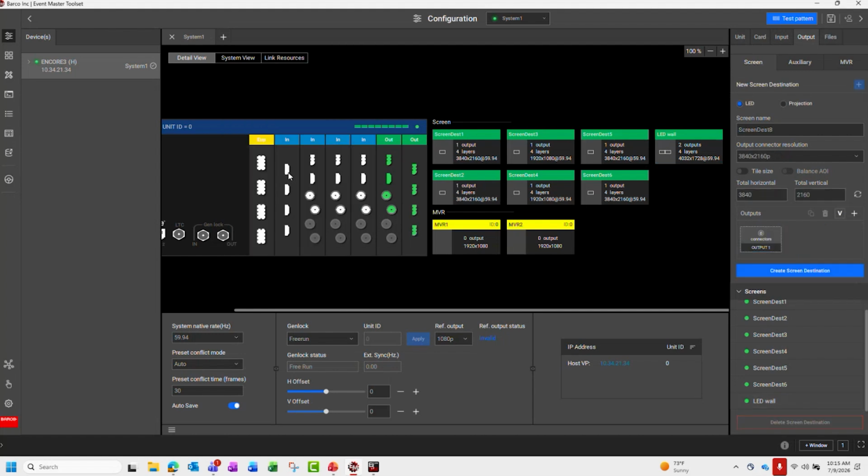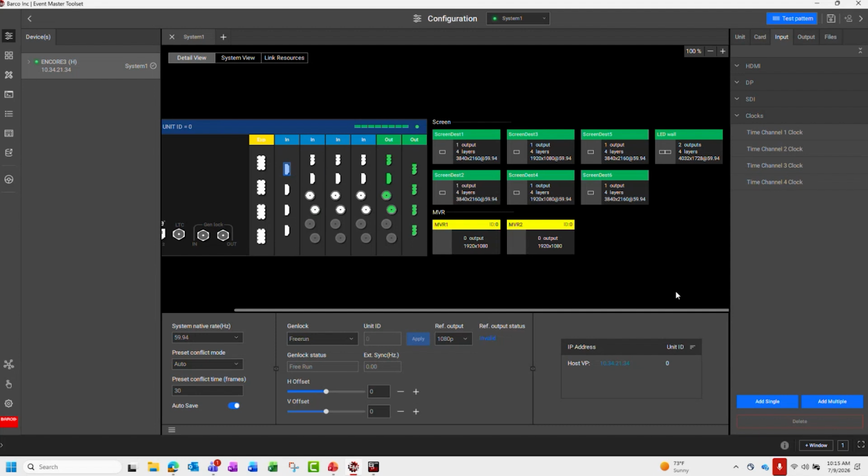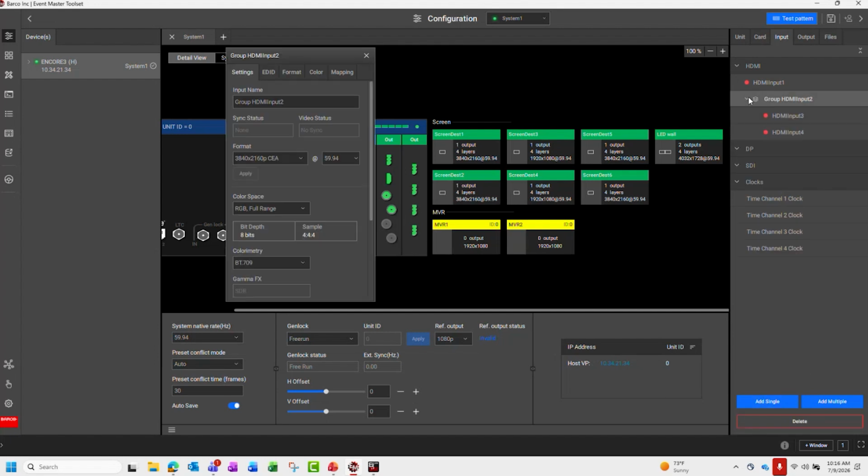For inputs, our input scheme is so cool. Now we have the ability to add single, and we have the ability to add multiple, by selecting more than one and then hitting add single, which treats it as a group input. That group input can be utilized as a group or as singles. Right now we can use what we call the children of our group input as individual inputs. So you're not just limited to using a group input as a group input